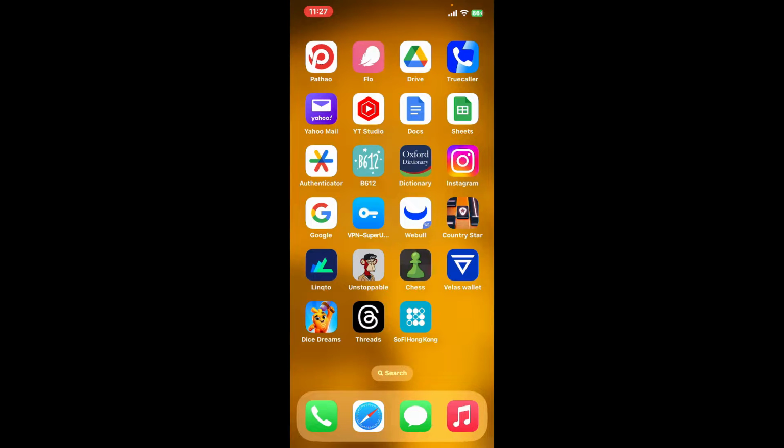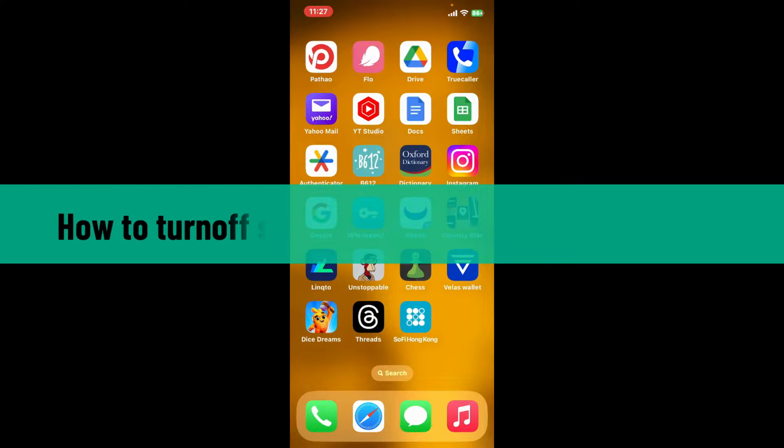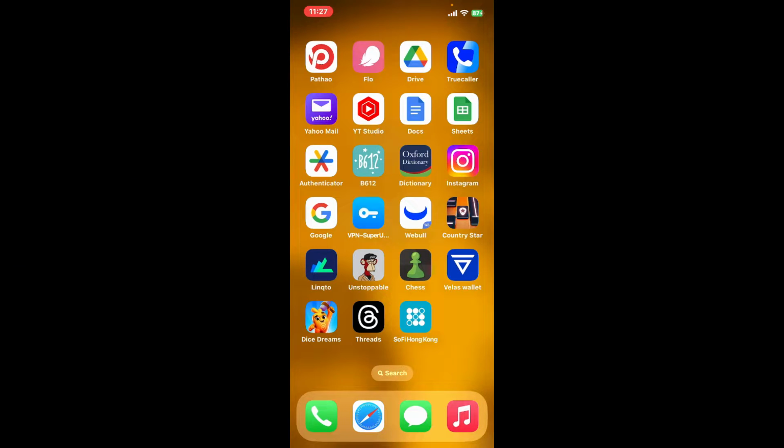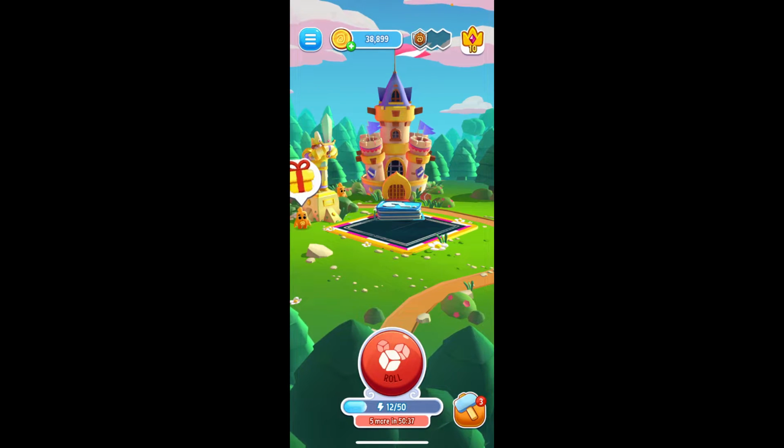In today's episode, I'm going to be showing you how to turn off sound on the Dice Dreams application. If you want to go ahead and play your Dice Dreams application without any sound effects, then here's how you can do it. First of all, launch your Dice Dreams application on your mobile device, and once you're inside